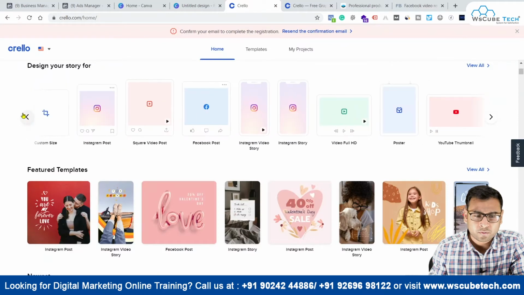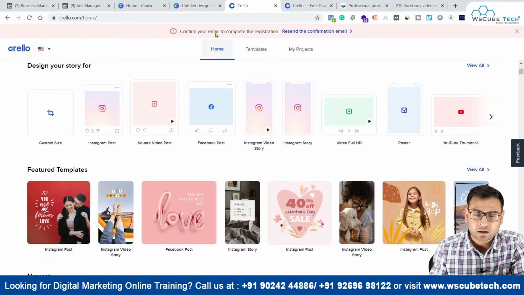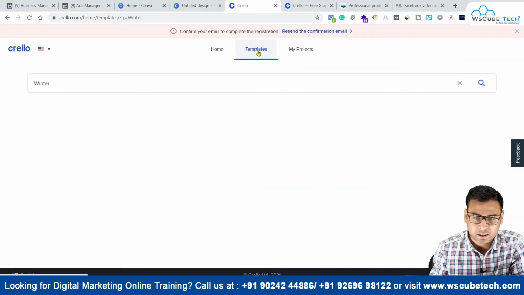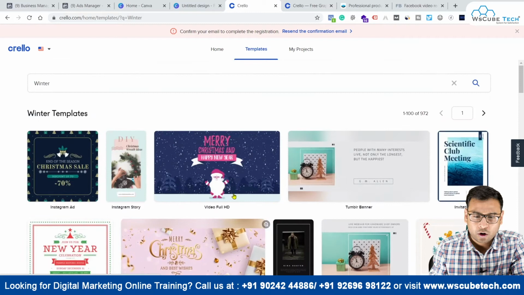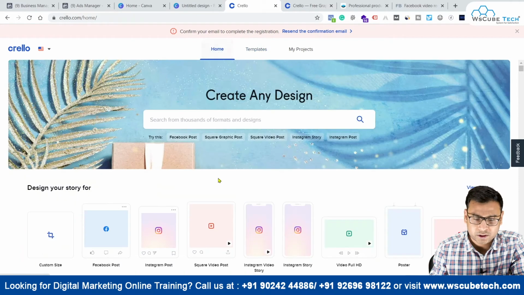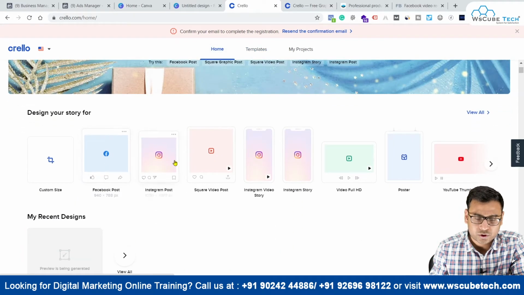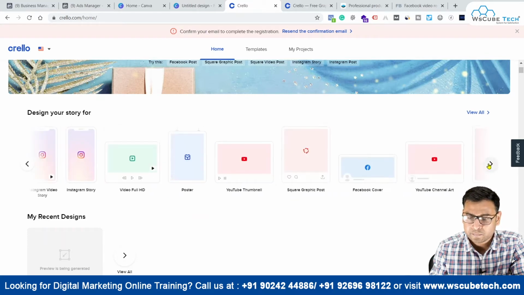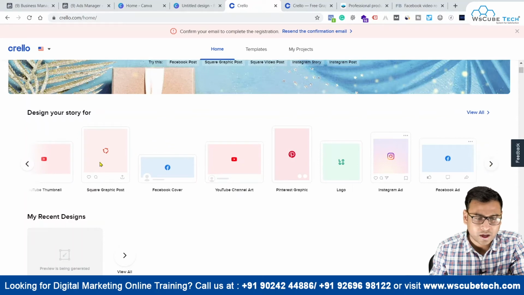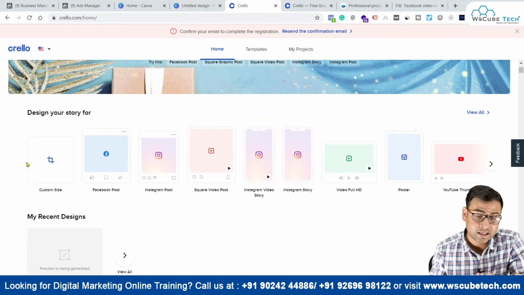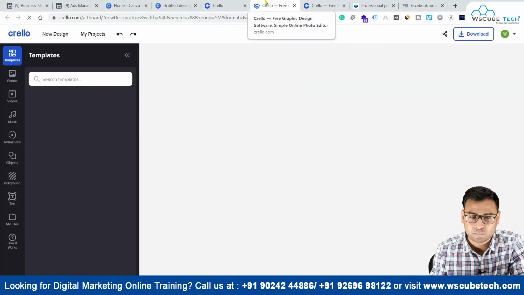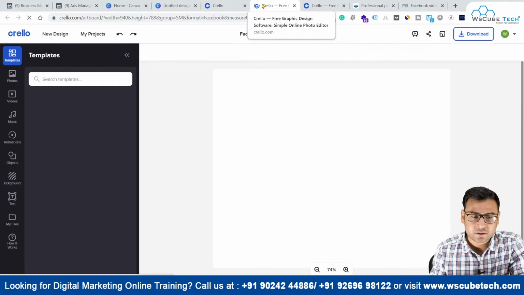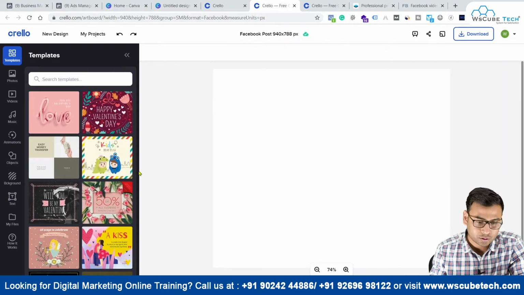So we have Trello over here, and as you can see, we are at the home section, and then we have templates over here. You can enter any keyword to find the different templates that you want to work on. Or what you can do is, you can go to the home section over here, and here you have Facebook post, you have Instagram post, you have Square video post. So all these different posts you have over here, you can select any post according to your requirement, or basically any placement, right? You can select any placement, like we can select Facebook post from here, and then we can use different templates which are animated also, right?